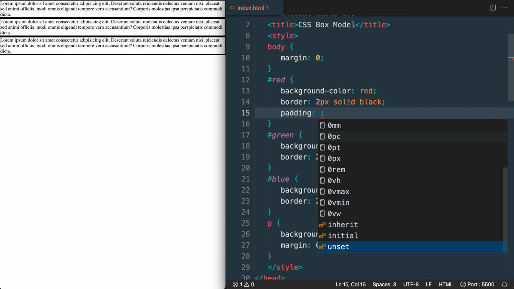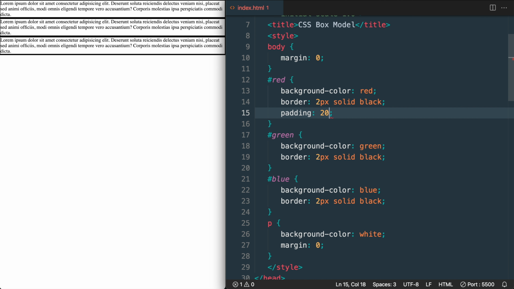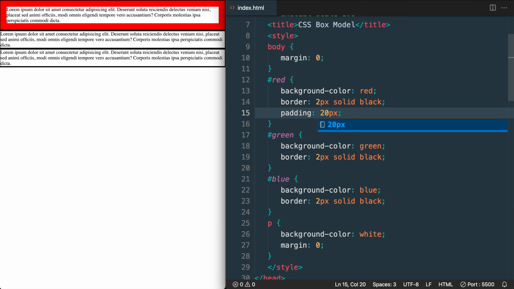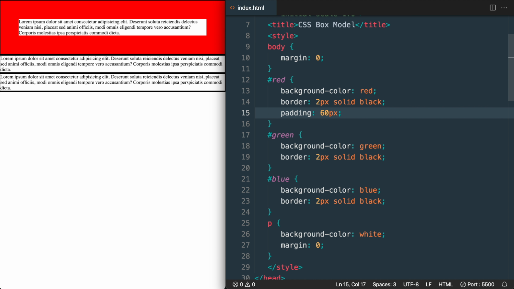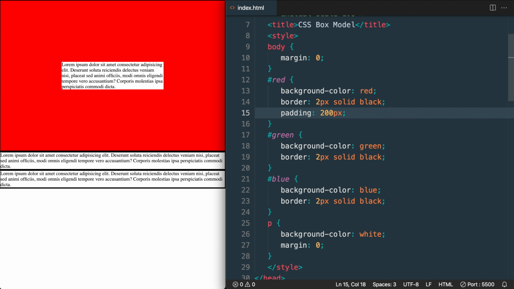And now if we just apply it with that one value of 20 pixels, it's going to be applied to the top, bottom, left, right. So each side of the element, and no matter what size we make this, as long as it's one value, it's going to be applied to each side of our content. So if we make it 200 pixels, we'll see that we have 200 pixels of space on either side of